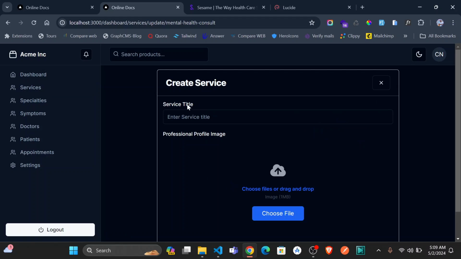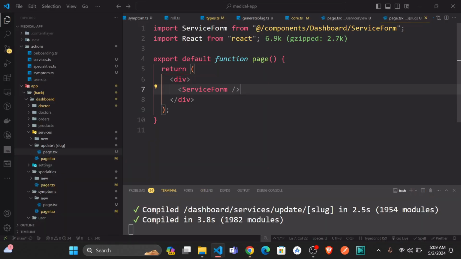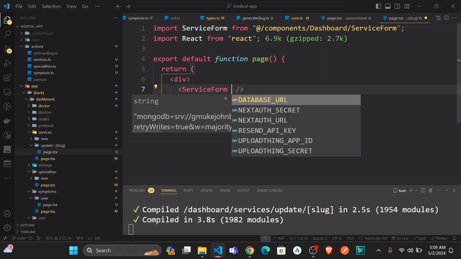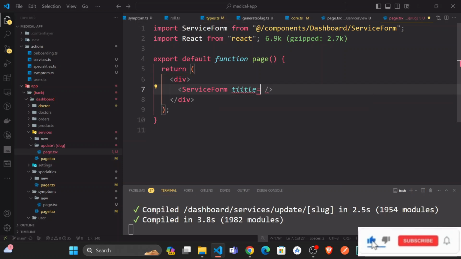So what we want is to pass in the service and have the image, and then change of course this title to update service or something like that. So that means the service form has to take some more props. You can see right now we call this with no props. So first of all, we can pass in the title here, and I'm just going to say, for instance,